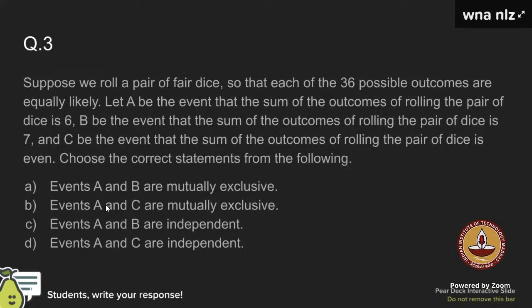Be the event that the sum of the outcomes of rolling a pair of dice is 7, and C be the event that the sum of the out